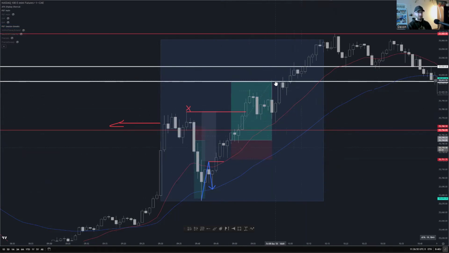Like this candle here, from there to here, to this low, is almost 50 points. So if you're doing two, three, four contracts, that's a big pullback. It might make you nervous. You might exit the trade, and then it goes on to continue. So that's a little bit sad. So that was one of the trades I took.